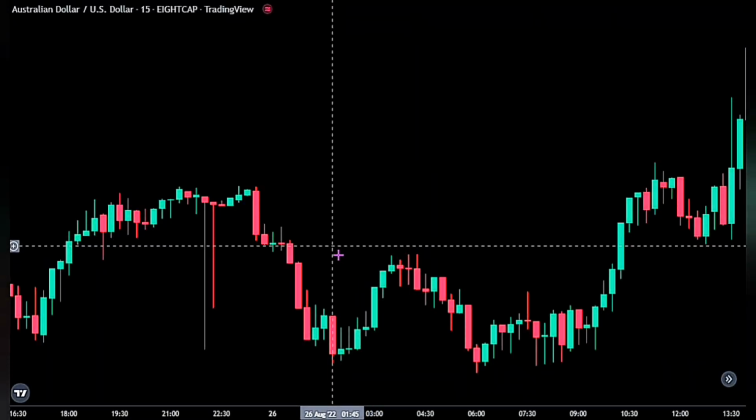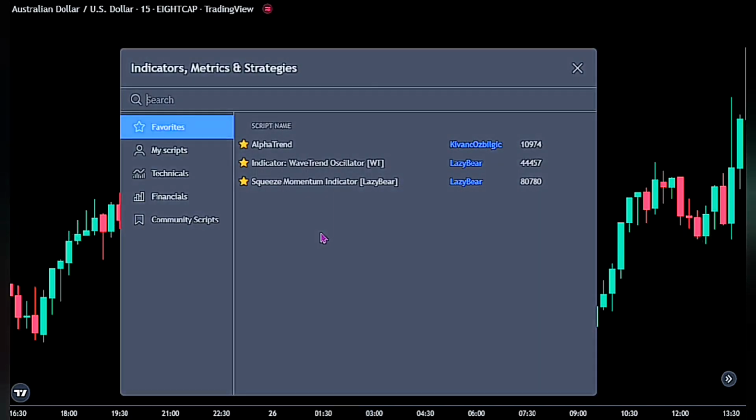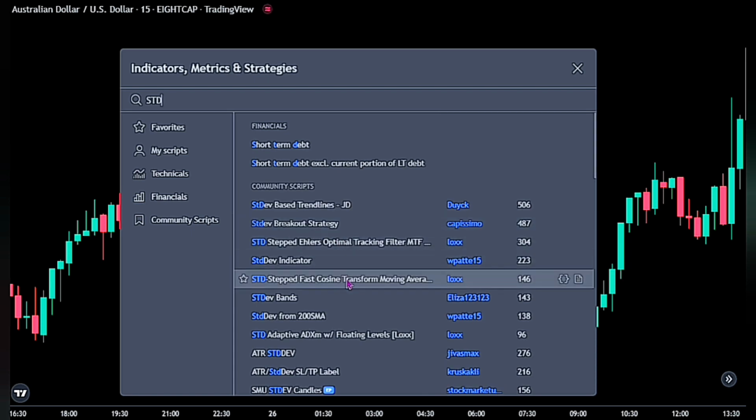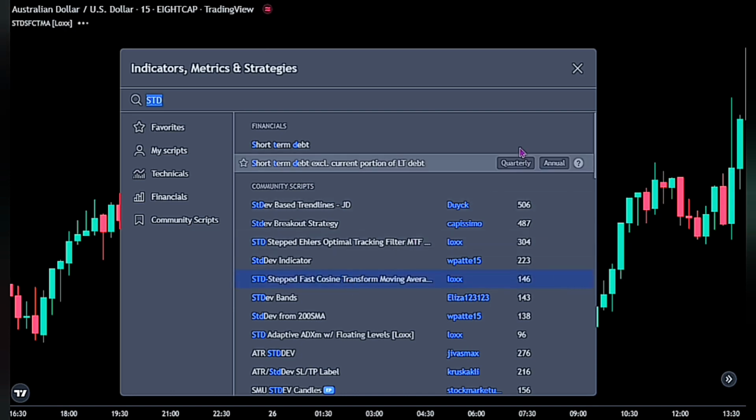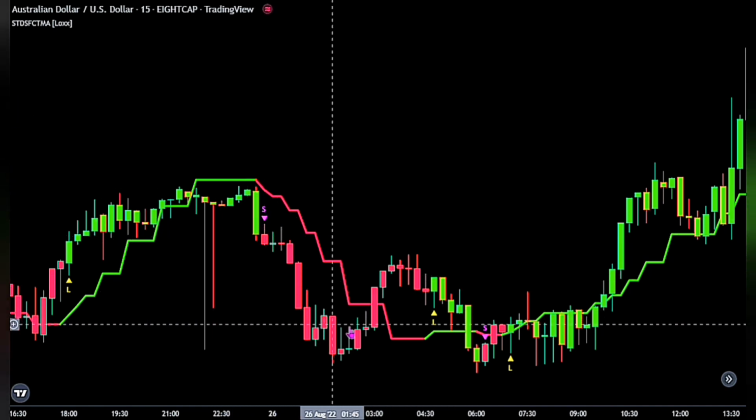Okay guys, before we continue, let me show you our main indicator for this strategy. Go ahead and search for the STD, Steadfast Cosine Transform Moving Average. This one right here by Locks. This indicator will be our main indicator for this strategy. We will be using it for our entries, but before we add our filter indicator, let's quickly go over